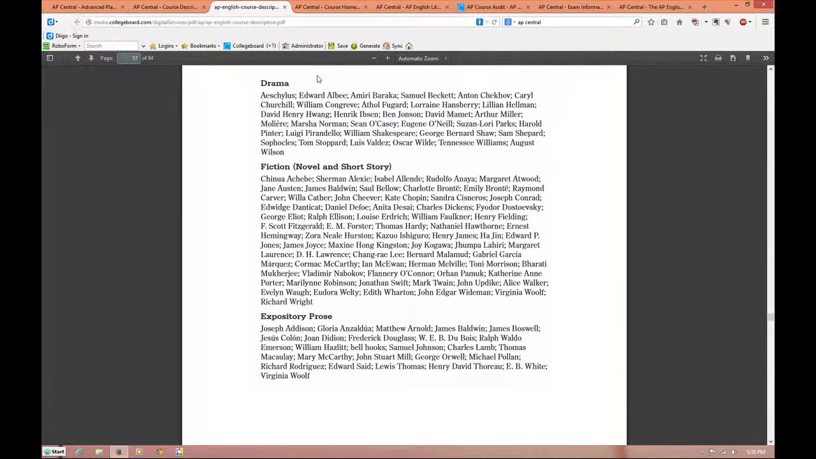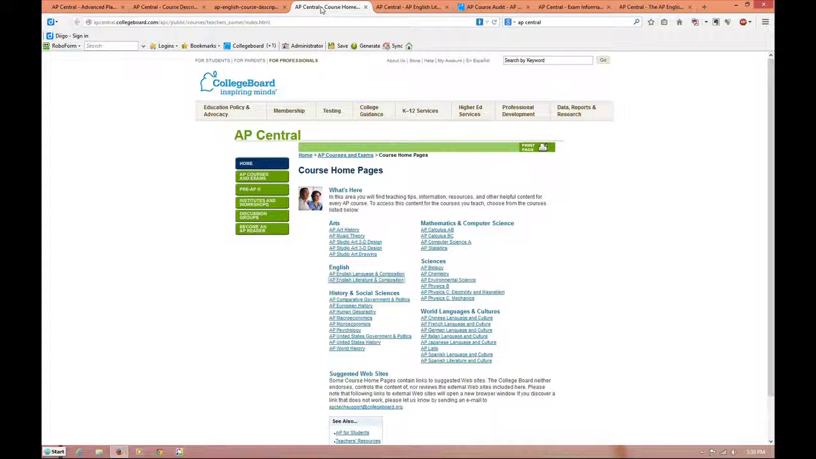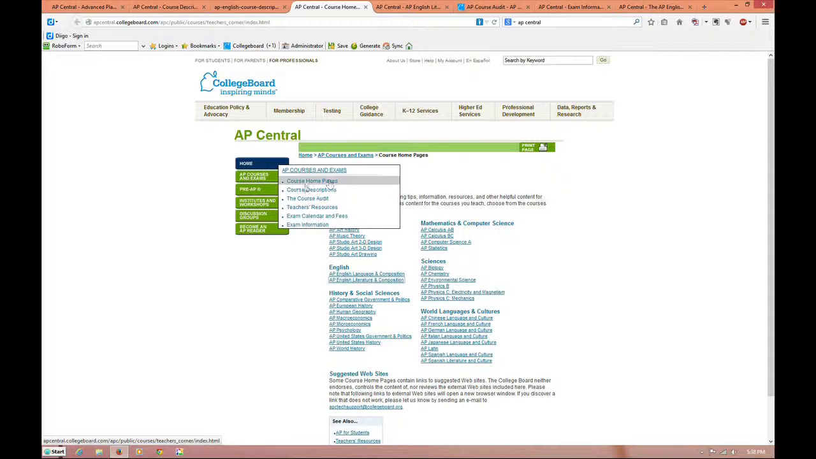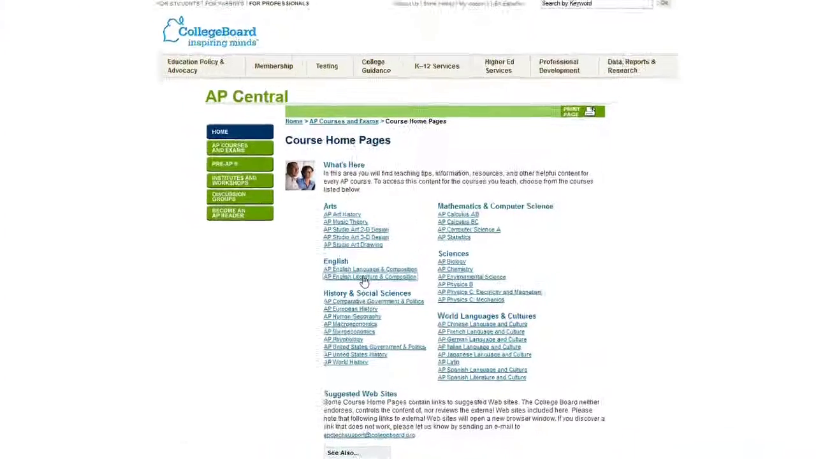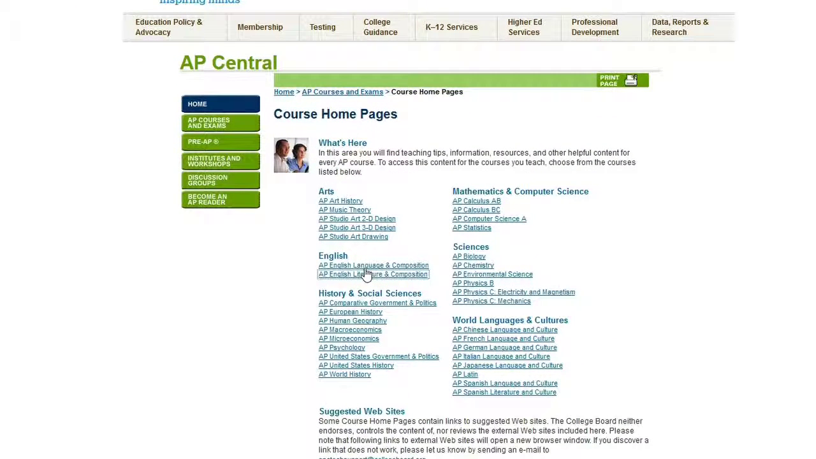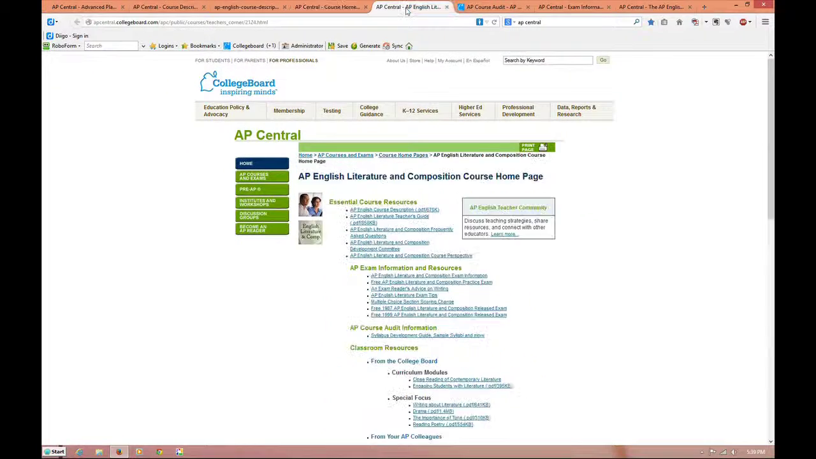Another place that you'll want to go is the course home, which I've already clicked on here also, and it's very easy to find right here, course home pages. And you'll find English literature and composition here, as well as the English language composition. If you're not familiar with the language course, you might want to look at that, since that's the course that comes right before yours. So let's take a look at what it says on this English literature and composition course